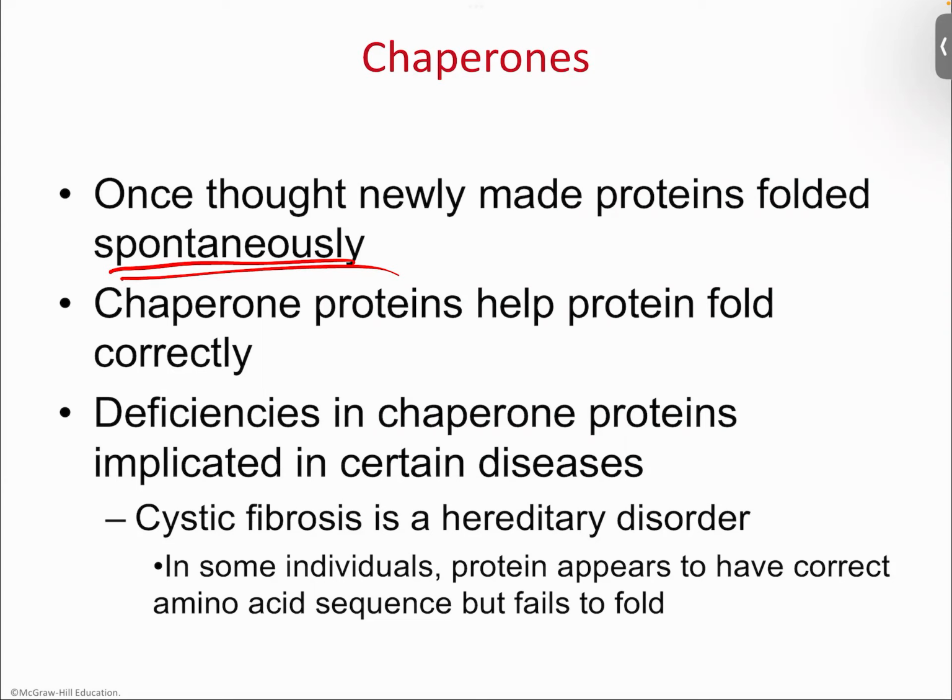And there's good reason to believe that, right? Because after all, think about it. When you take a look at the backbone interactions, that's the secondary structural level. Do we have to sweet talk those negatives on the oxygens and those positives on the hydrogens to find each other and zipper up? No, typically an electrostatic attraction is fairly spontaneous. As long as they're within fairly close proximity, they can see each other. You don't have to do anything. They're automatically going to be attracted to each other, right? That's an automatic, spontaneous sort of thing. And so it made a lot of good sense that we would get some of the beginnings of this folding in a spontaneous way.